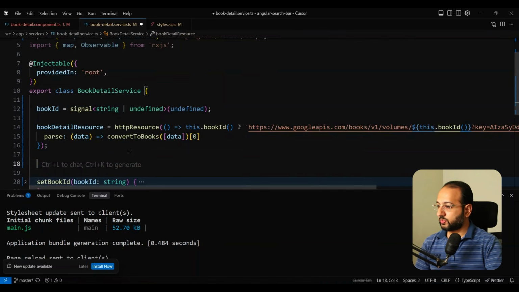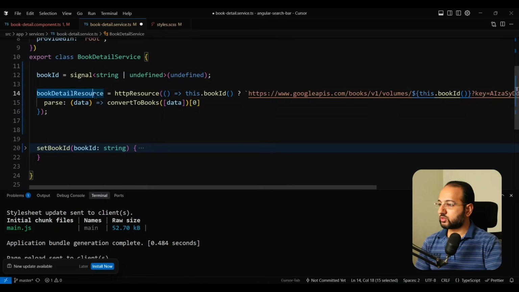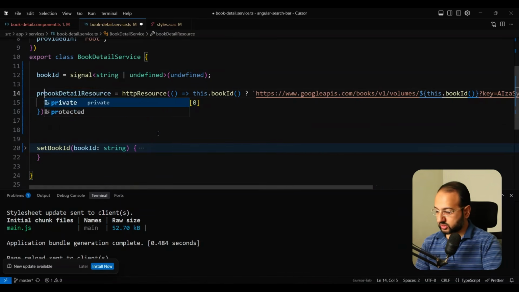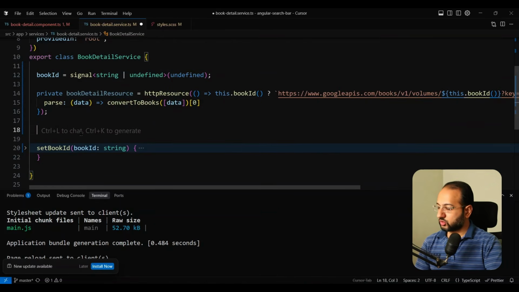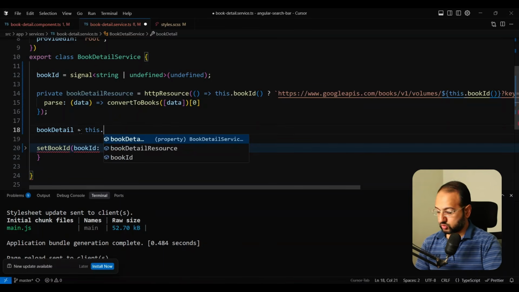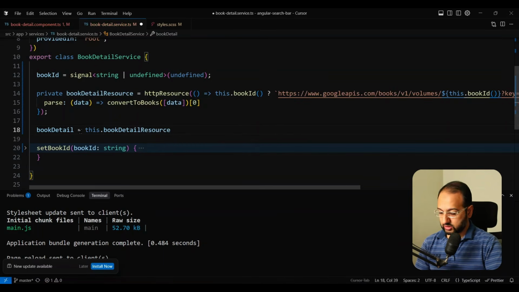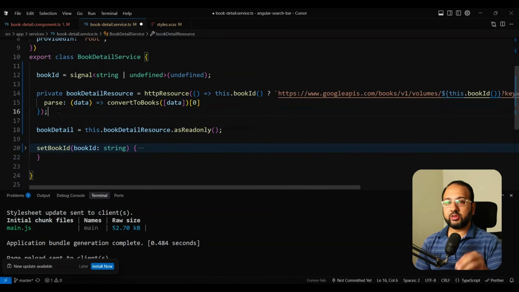So we also need to return back the book detail resource. It's a good practice to actually keep this private, and then we can do maybe a book detail here like this, and we can do this dot book detail service resource, but as read only, so that we can get this book detail as a safe way to access this, and we can't change anything in the resource,